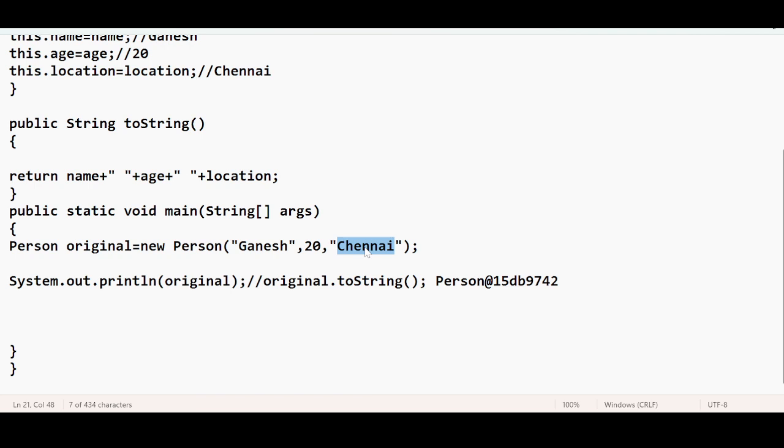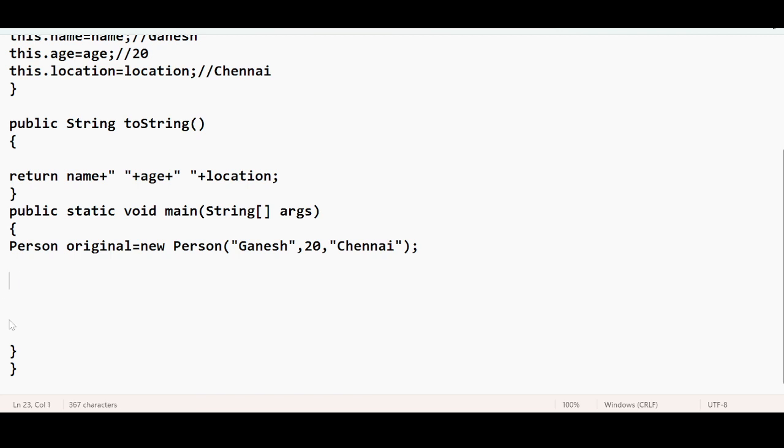It depends. Okay, just assume that Ganesh has joined a company, so these are the details that I have collected from Ganesh. I will create a duplicate copy of this detail first. That is the purpose of the copy constructor. How can I create the duplicate copy of that? Okay, let me remove this. Person